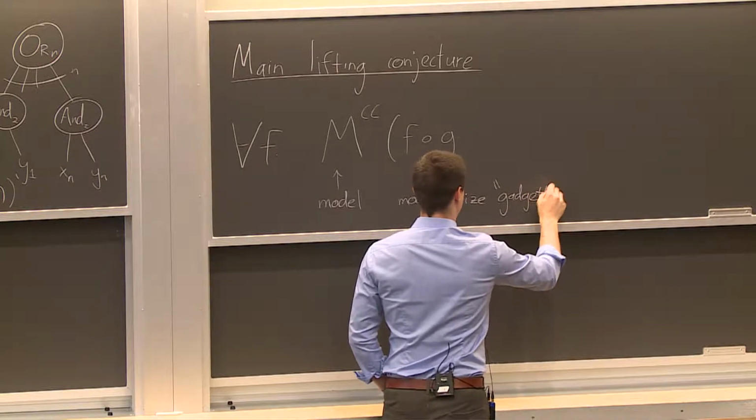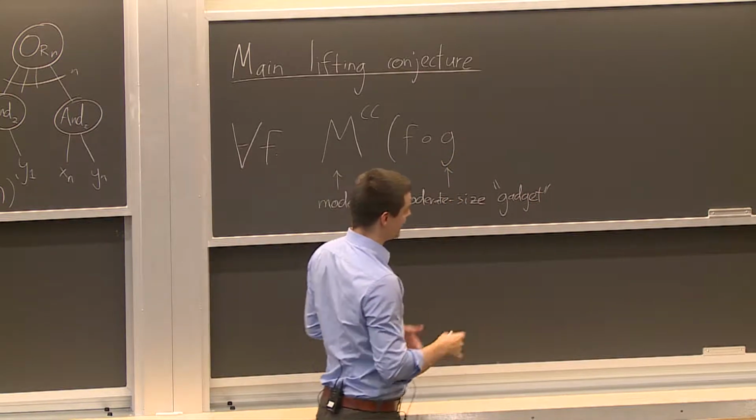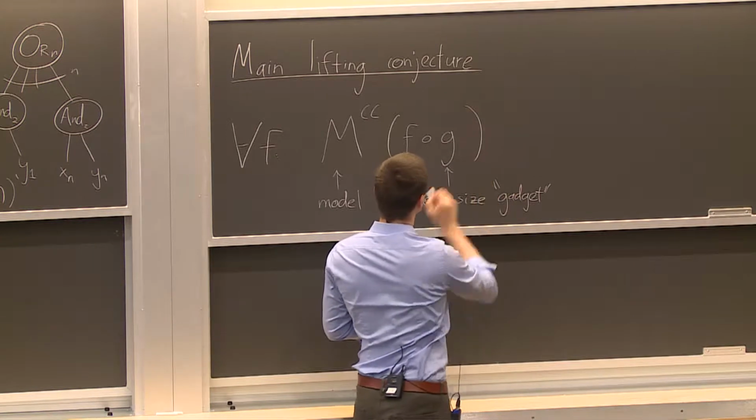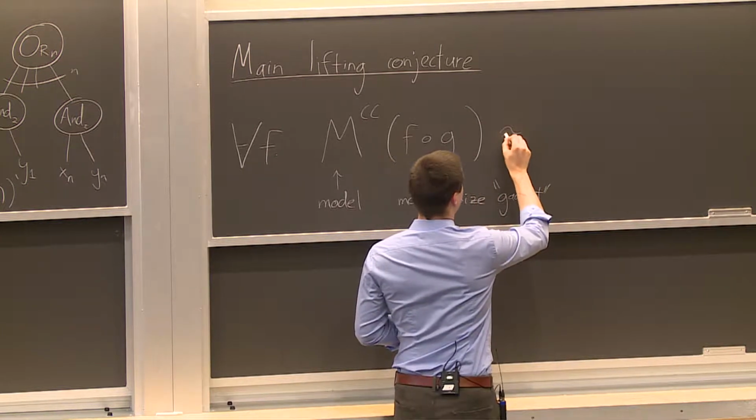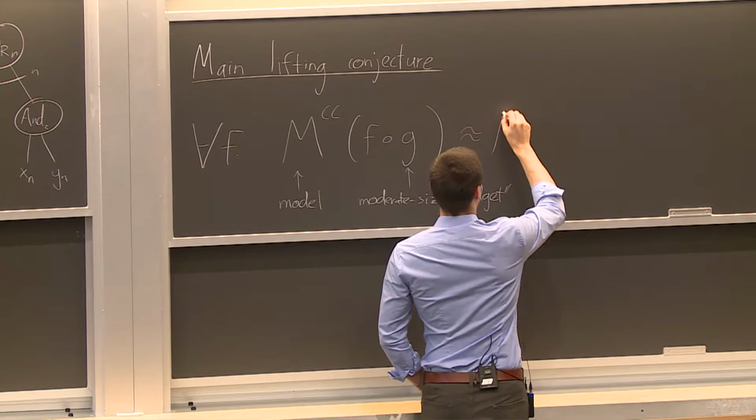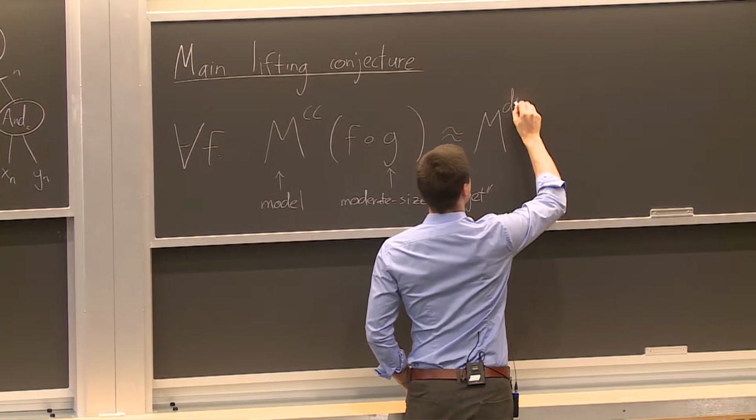Gadget is just a name for this function I plug at the bottom. Then this should roughly be the same as its analogous decision tree complexity,